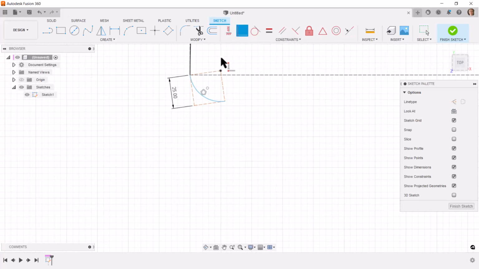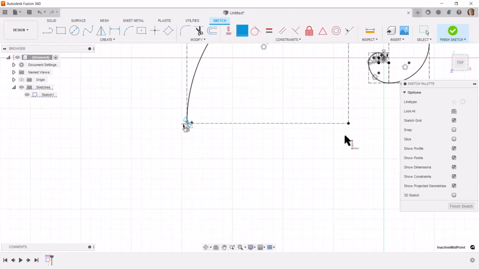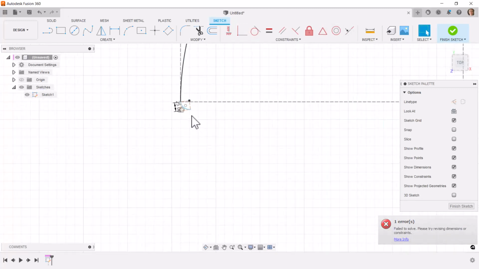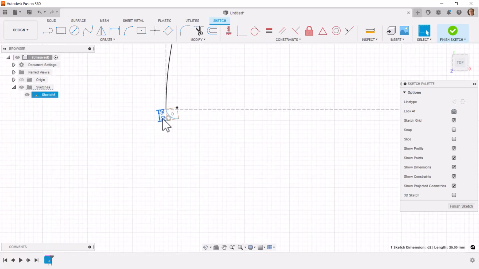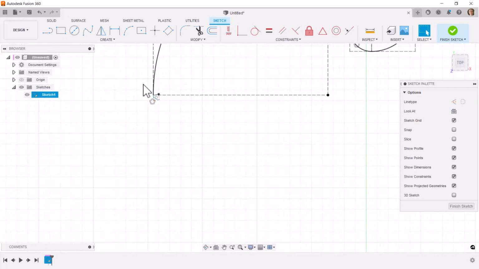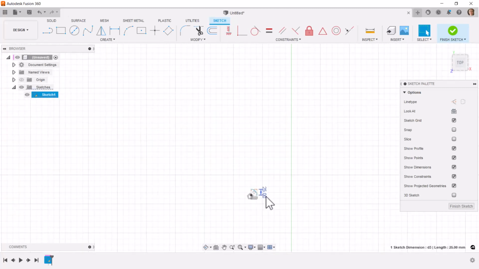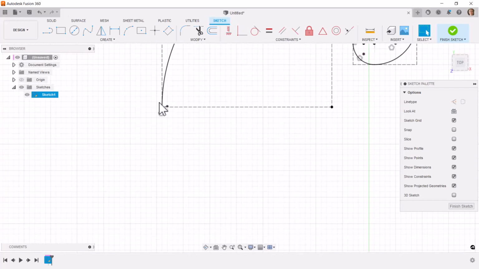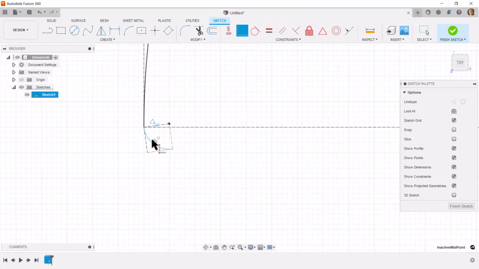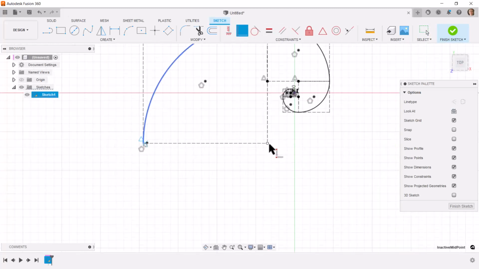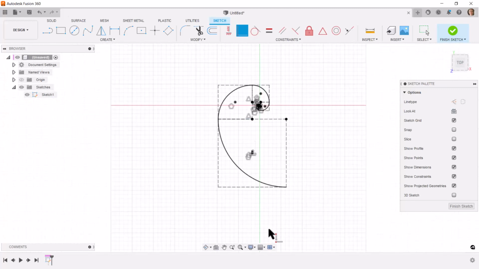So I'll do coincident, I'll do shift midpoint, this one to here. There's also a midpoint constraint up here. Now that one, actually I copied the wrong one. I copied the one that has the 2-inch dimension on it. That's why earlier I intentionally made those copies before I put the dimension on there. And so then I'll do coincident, the shift midpoint of this one to here, and let's do one more, and